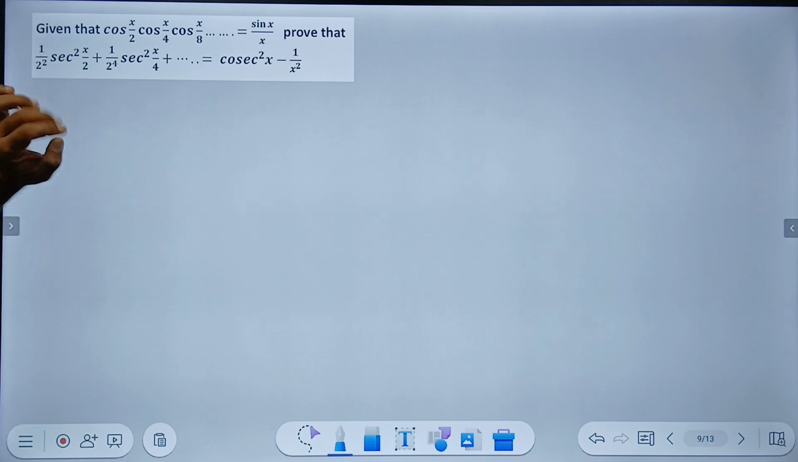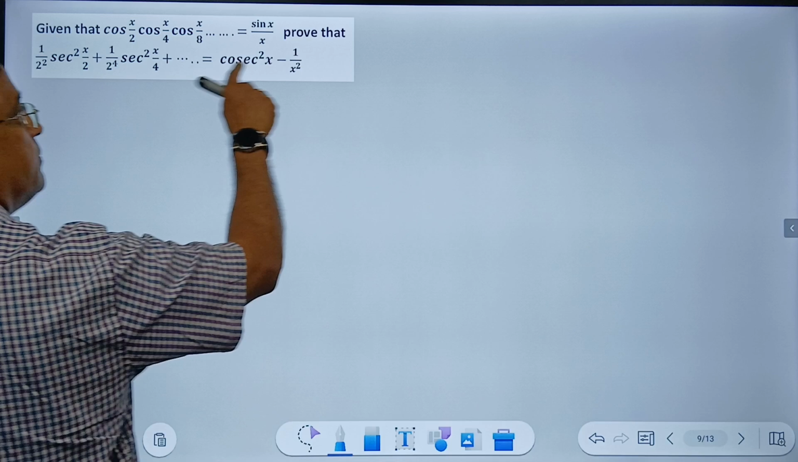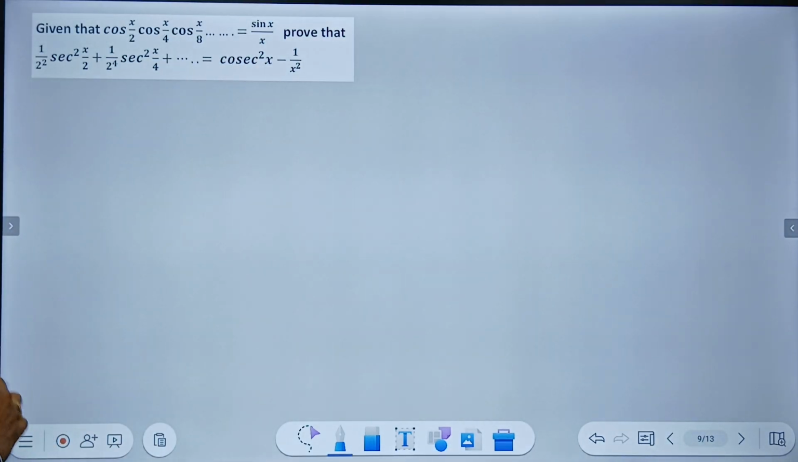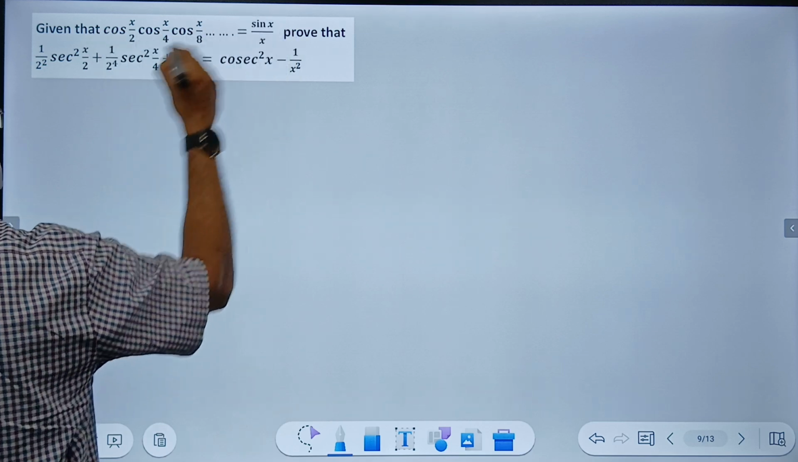Very nice sum. Listen to this carefully. This is given to you. You have to prove this. Okay, let's see how to do it. It's a slightly difficult question. That's all. Now what do you do? Take log on both sides. You get